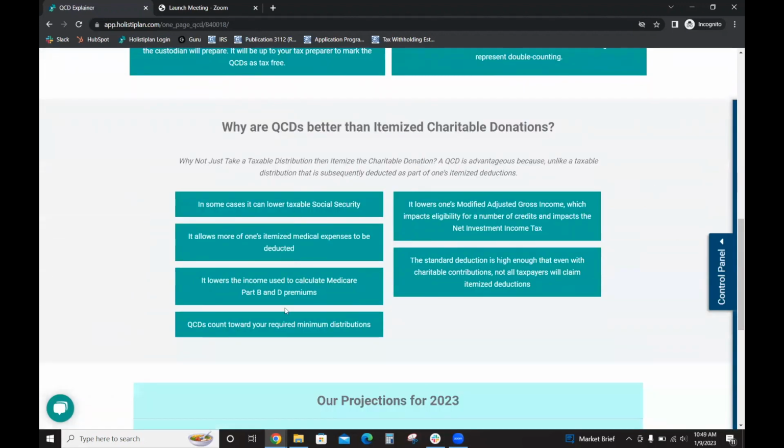And then this section right here is going to help us step into that next conversation, which is: why are QCDs better than itemized charitable donations? So we had been talking about, and that doesn't mean that it necessarily is always better than an itemized charitable donation situation. But before this, we had been going through how to itemize those charitable donations, and now